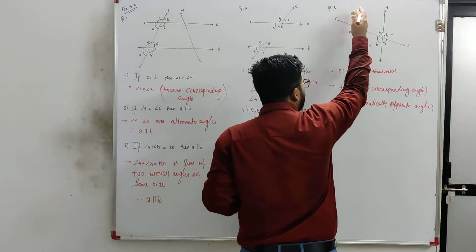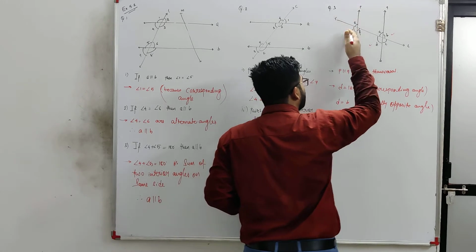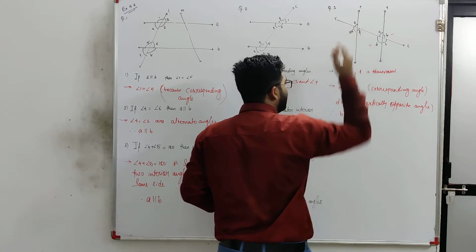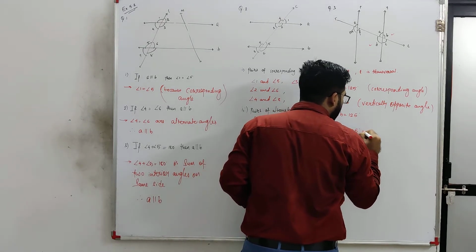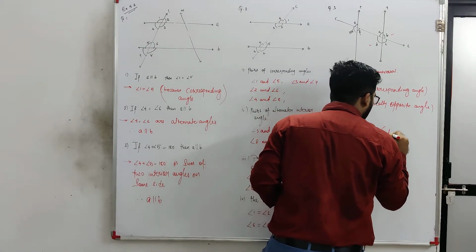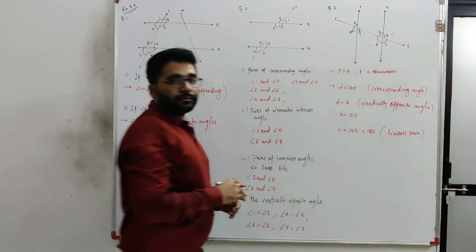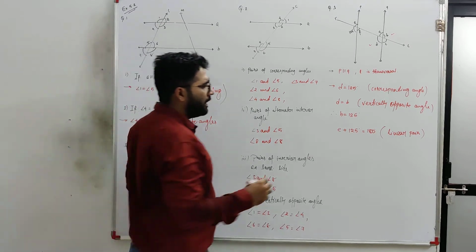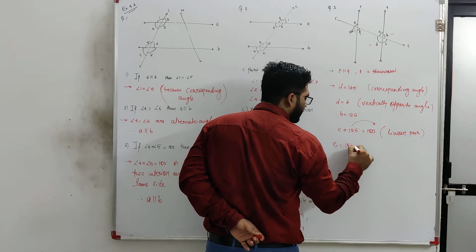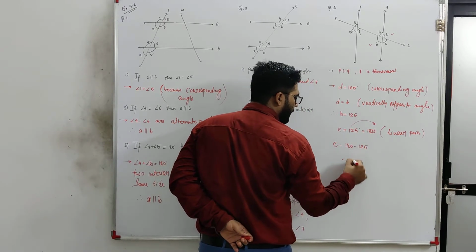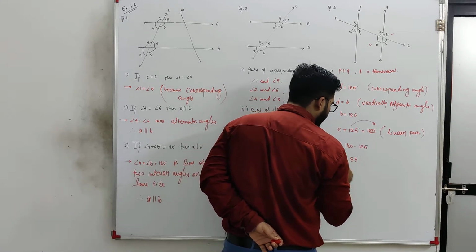See, there is a relation between E and 125. They form a line on P, so these form a linear pair. So here I am writing E plus 125 degrees is equal to 180 degrees. Why? Because they are a linear pair. If this is a linear pair, we can easily find E. So E is equal to 180 minus 125. 10 minus 5, 5. 7 minus 2, 5. So I am getting E is equal to 55 degrees.